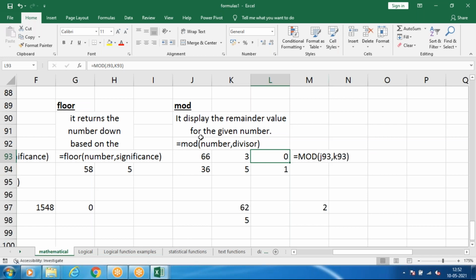So what is the use of this? Anyone knows what a leap year is? Yes, sir. In the year when the days is... What is a leap year?